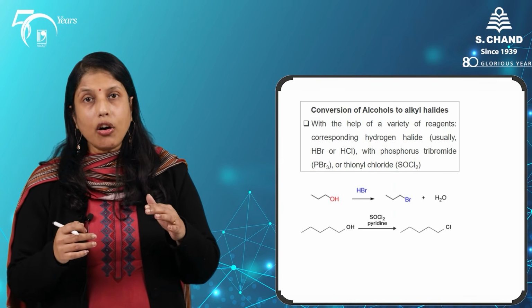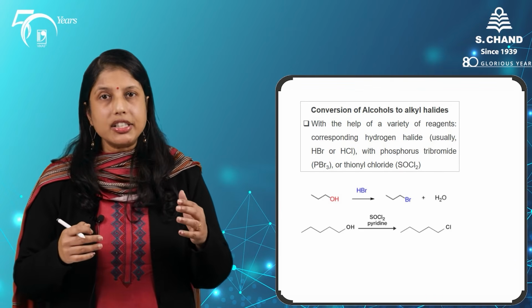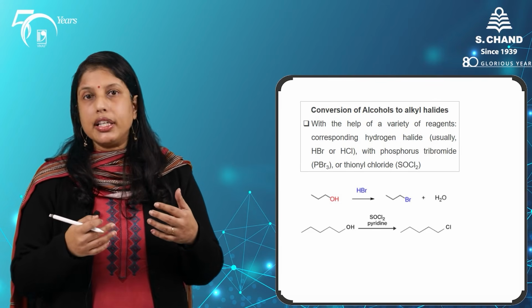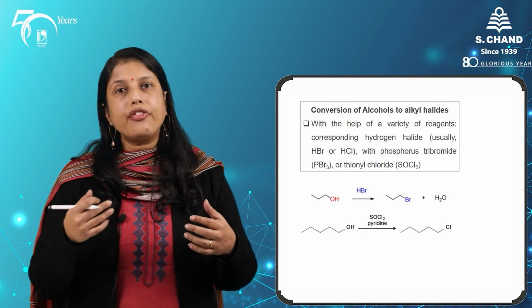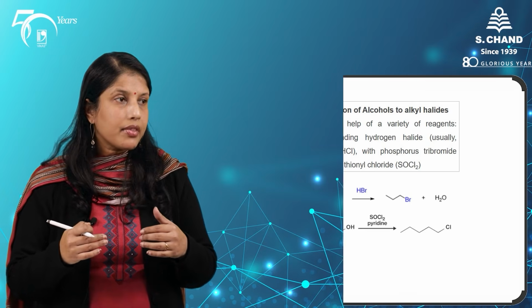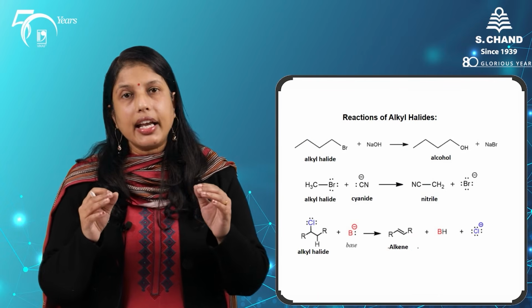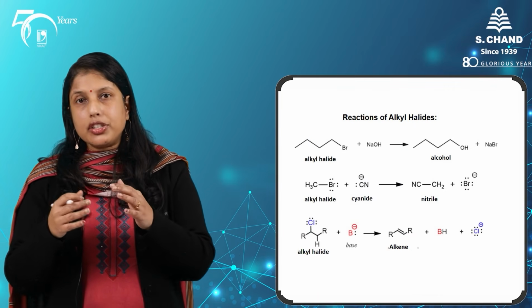Finally, with the help of a variety of reagents, alcohols can also be converted into alkyl halides. What reagents can we use? We can use the corresponding hydrogen halides, we can use phosphorus tribromide, or we can also use thionyl chloride. Now, what are some of the reactions which these alkyl halides can undergo? Like I've said, they are very important intermediates. They can take part in substitution and elimination reactions, and therefore they can lead to the formation of a variety